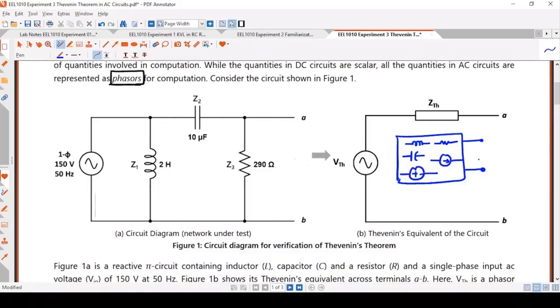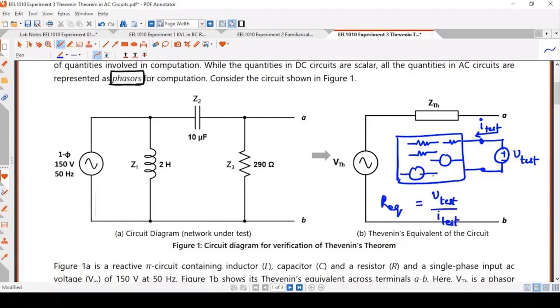Across these 2 terminals, if we ask you to find the equivalent resistance, what you would do is disable all these independent sources inside the circuit and provide a test source, let us call it V test. Because of this V test, some current flows inside this circuit. Right? In that case, the equivalent resistance, let us assume for now it was a purely resistive circuit, would be what? It should be V test upon I test.